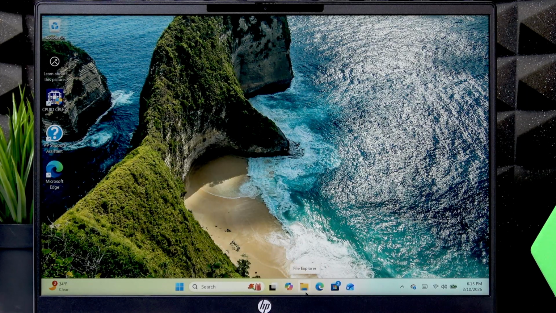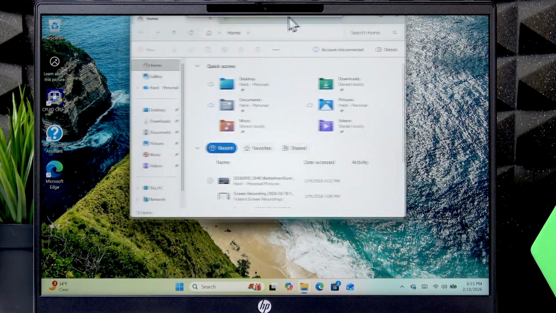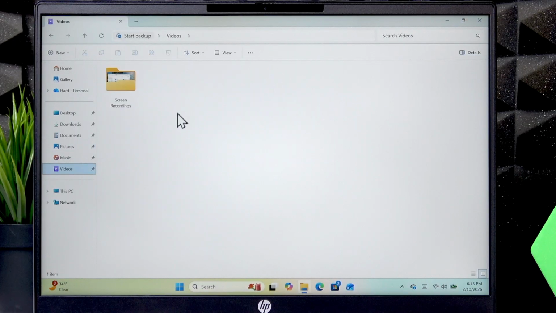Now let me show you how to work with files and folders. Let's go to File Explorer and let's open Videos folder, for example. Here in Screen Recordings folder, we have one file, a screen recording that we made,